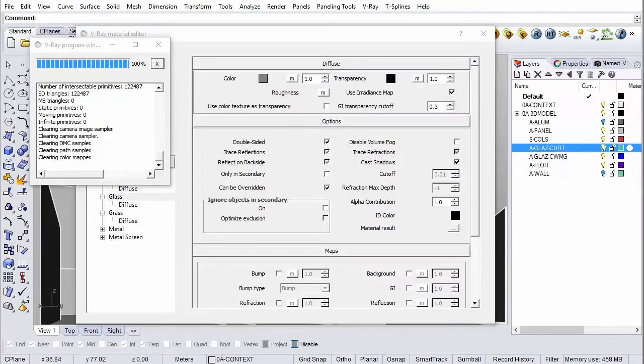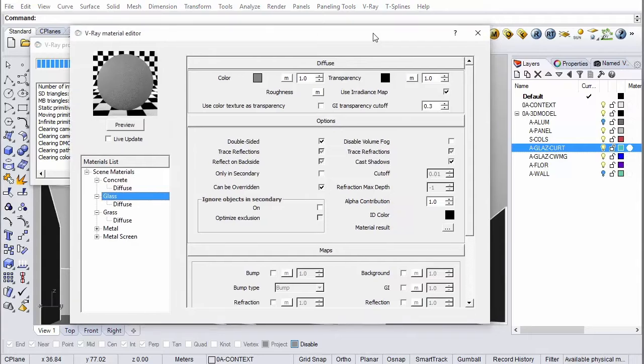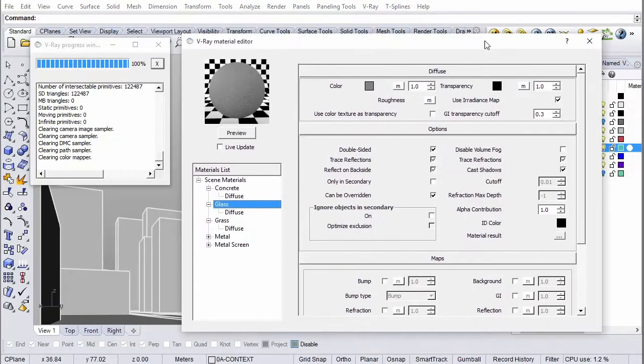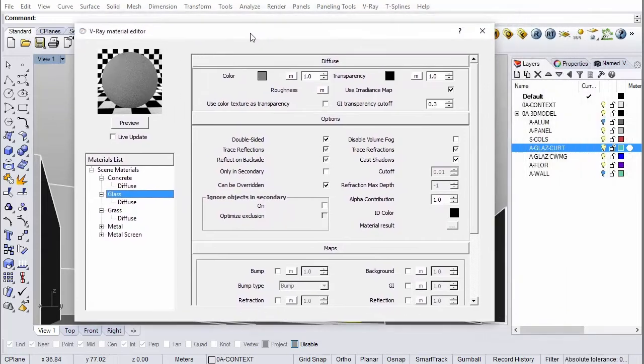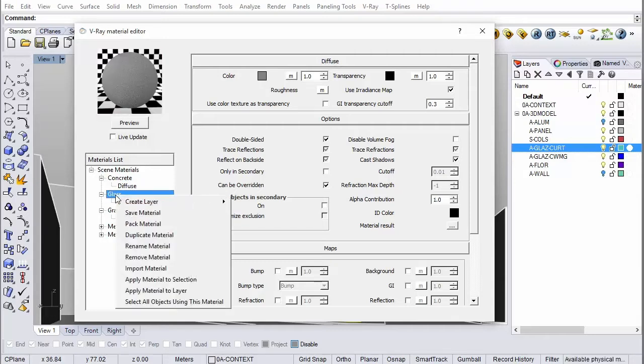with our glass material, let me just get rid of this window here, is we're going to add a layer other than the diffuse layer, because glass also needs to reflect. So when we right click here, it asks us if we want to create a layer. And there are several options. Emissive, in case you wanted to emit light.